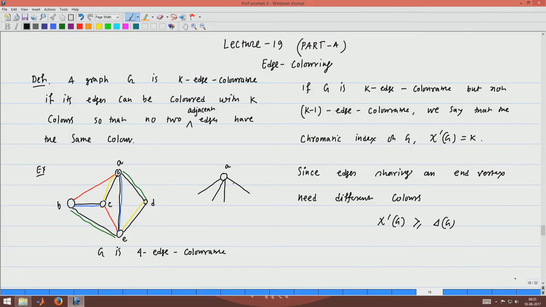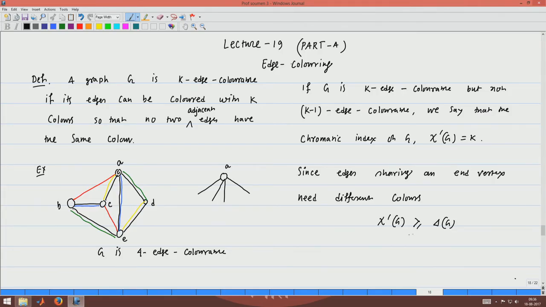We have to give different colors to all these 4 edges. That is why the chromatic index of this graph will be at least the degree of this vertex, which is of course the highest degree.